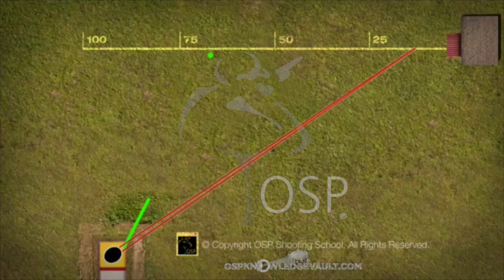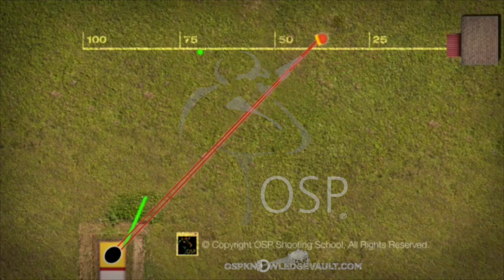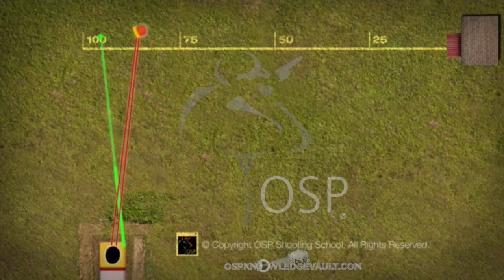Well, we're going to talk about the right to left crosser from a right-handed shooter's perspective. First thing we're going to talk about is sight picture, then the initial move, and then stabilizing the picture at the end. The sight picture for a right-handed shooter on a right to left crosser is always looking at the